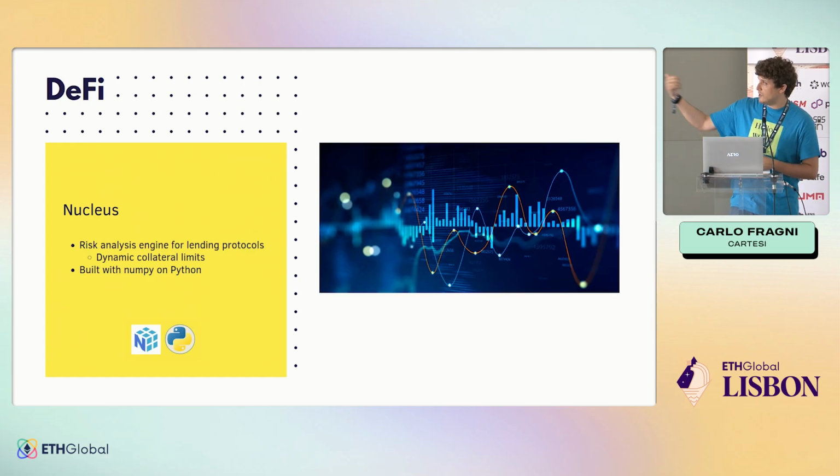So inspired by this, these guys made this really nice risk analysis protocol called Nucleus. Well, they feed the Cartesi machine with prices and volumes of assets. And then they use NumPy to do some sophisticated analysis and come up with some robust metrics about liquidity and volatility. And then they give recommendations like, yeah, this asset is not good. You cannot liquidate over 10K on it. It's not going to hold. Or no, this is a great asset with liquidity, low volatility. You can liquidate $1 million and no issues here.